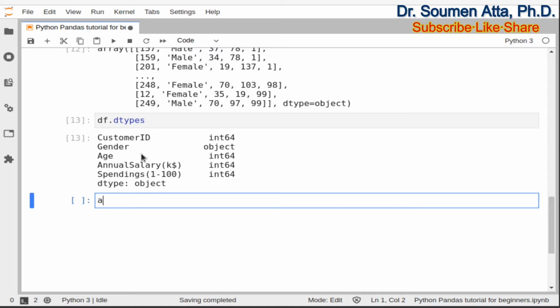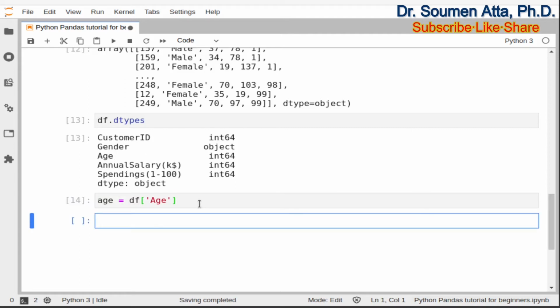Suppose age is a variable in which we want to save the corresponding column named age. For that we need to write down df within square brackets, under single quotes or double quotes you need to write down the corresponding column name, and here the column name is age.